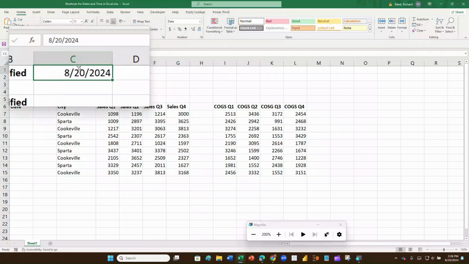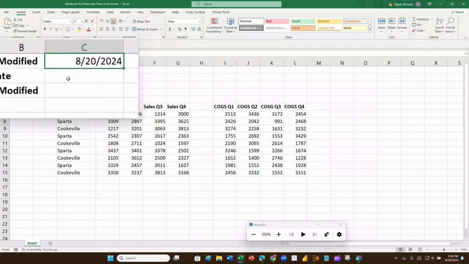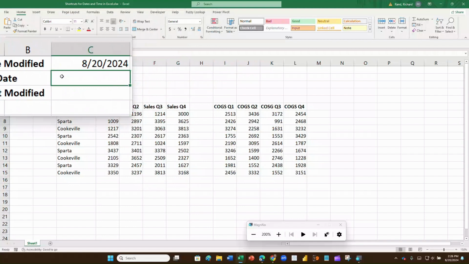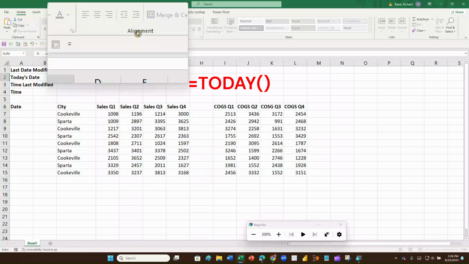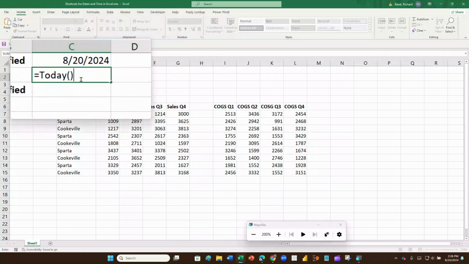Now, maybe in addition to the date last modified, you also want today's date. Now, this will be a command. Every time you open the file, it'll show the date that you've just now opened the file. It'll show today's date. It's just what it says, today's date. So how do I do that? It's actually very, very simple. We're going to say equals TODAY, open parenthesis, close parenthesis. Again, I want you to notice that it is a general format. When I hit enter, it's going to put in the date,